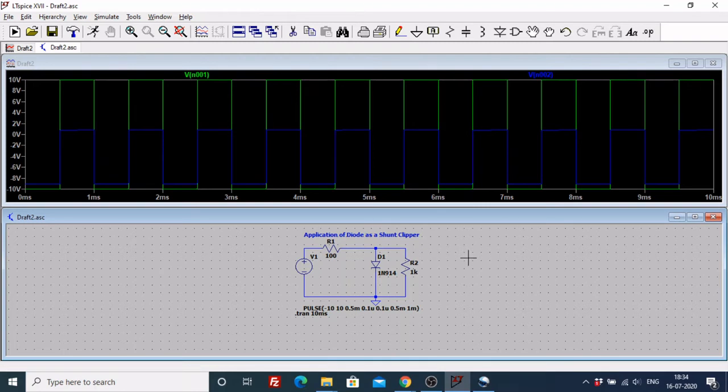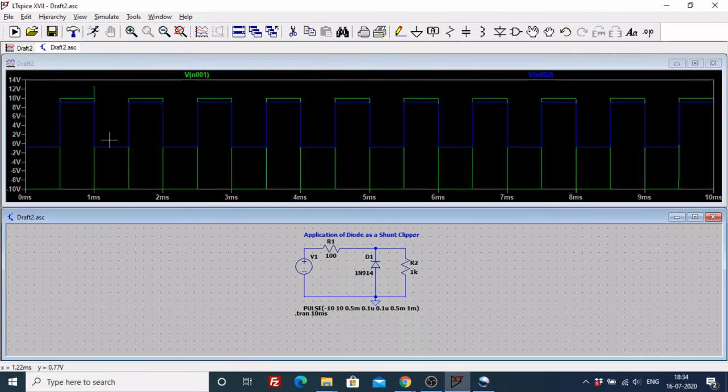Now before biasing, let's make it a negative clipper. So for me to make it a negative clipper, I pick this diode and I turn it around and get it back into my circuit. And now when I run my circuit again, you can now see it has become a negative clipper. So this blue waveform is my output. All positive cycles are available, all the negative ones have been clipped off. Now why exactly is this happening? That is, it's not starting at 0, it's starting a little below 0. That is because it is a practical diode. You can read about this and you'll figure out why this is happening.